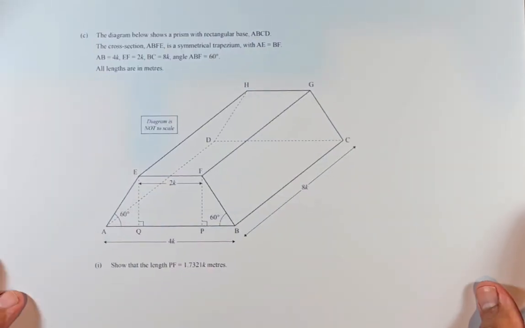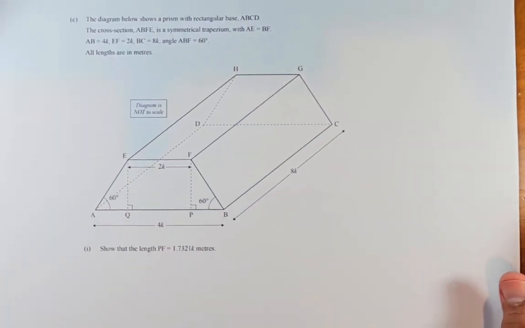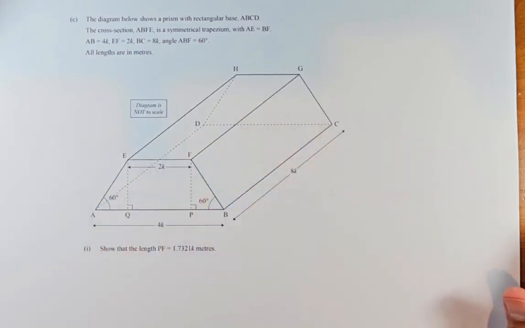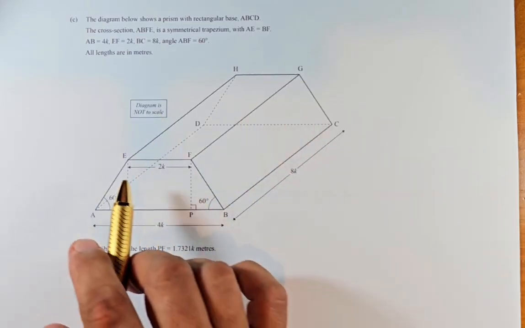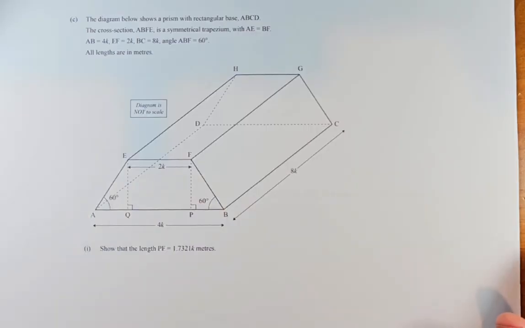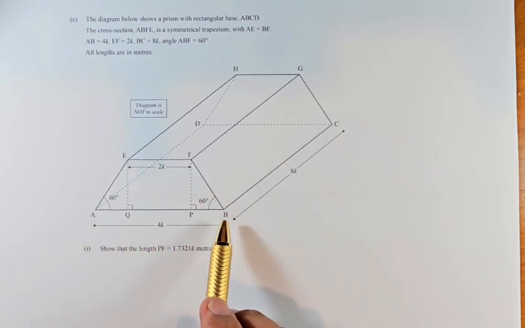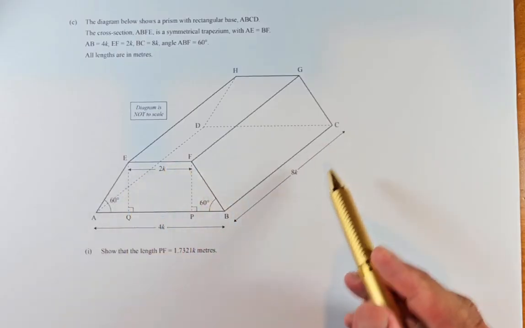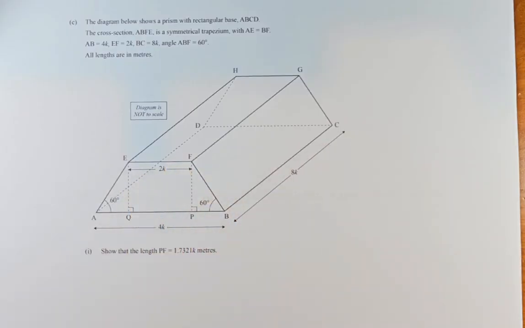Okay, so the question sounds like this. The diagram below shows the prism with rectangular base ABCD. The cross section ABFE is a trapezium, symmetrical with AE equal to BF, AB equal to 4K, EF equal to 2K, and BC equal to 8K. Angle ABF is 60 degrees. All lengths are in meters. Show that the length PF equal to